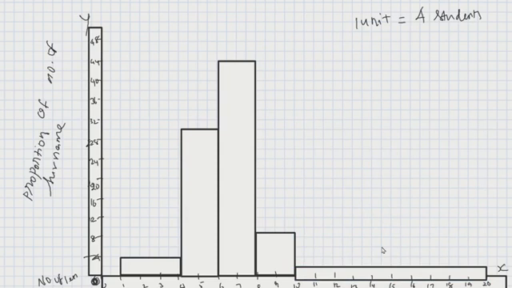Then what is the second question they asked? Write the class interval in which the maximum number of surnames lie. The class interval in which the maximum number of surnames lies is 6 to 8. It has 44 surnames. So that is 6 to 8, 44 surnames lie. They are asking for the class with the maximum, 44, that is 6 to 8.